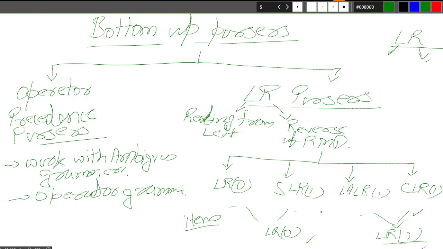So this was the story of your parsers, whether it be top-down parser or bottom-up parser. Now tell me if you have any